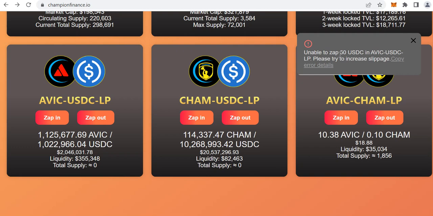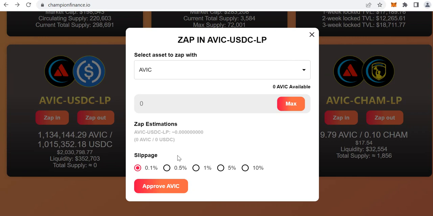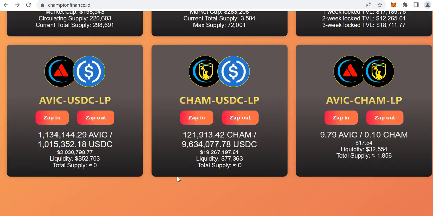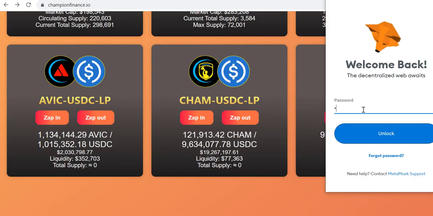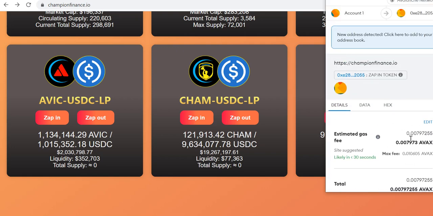You can see here, unable to zap 50 USDC in AVIC USDC LP because of the slippage. So we should try to increase it, and increase to 0.5%. Let's go. Password. Okay, and